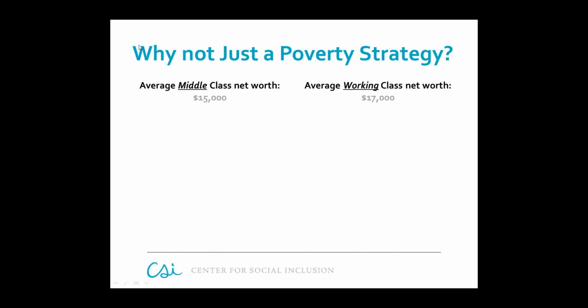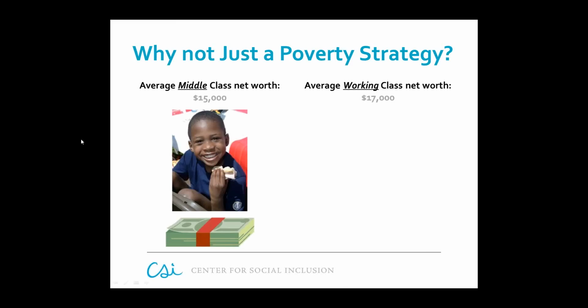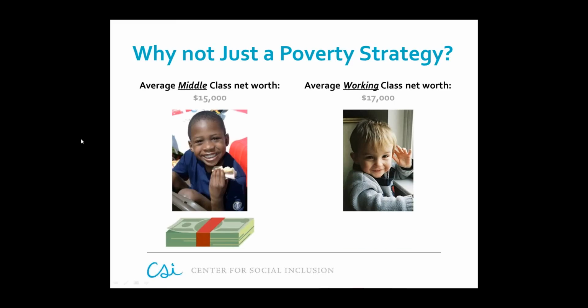Now, oftentimes people say, well, if we just address poverty, and since people of color disproportionately have less income, well, then won't we get at addressing racial disparities? Well, we can't just examine class without examining the impact that one's race has on their opportunity. And I think the policy history is one example of how generations of certain groups of people have had a greater starting point than others, right?